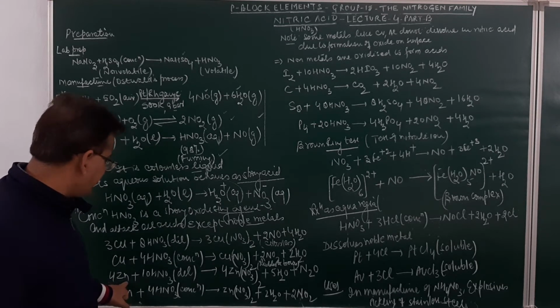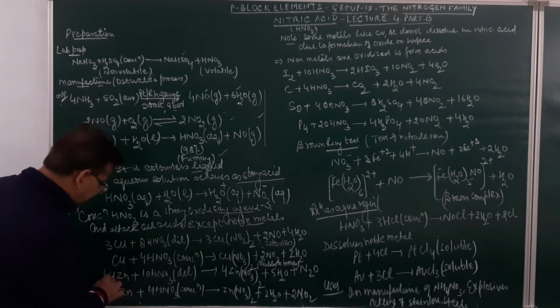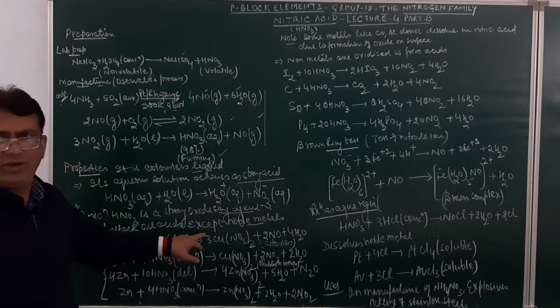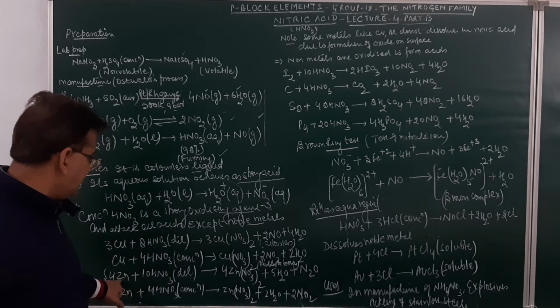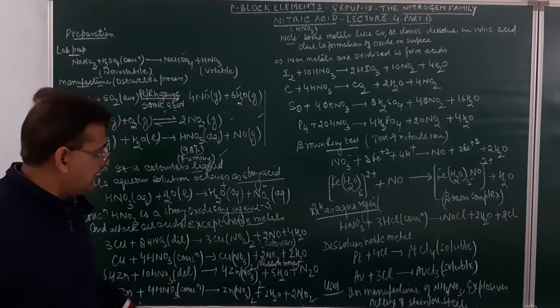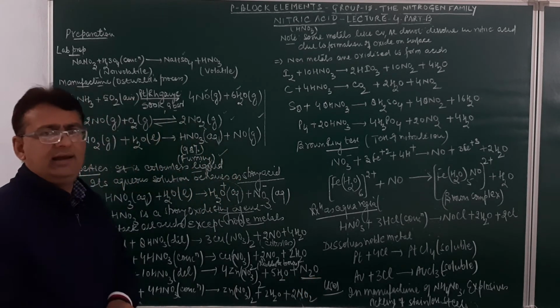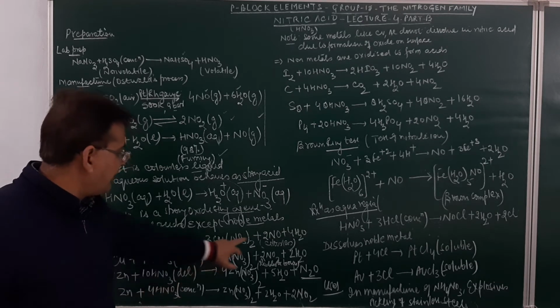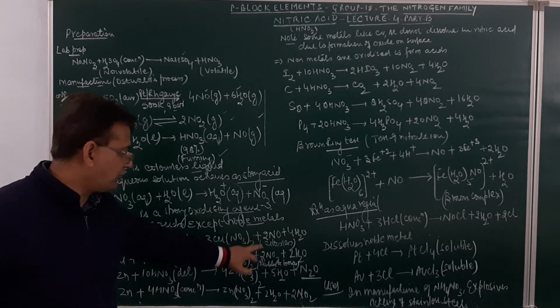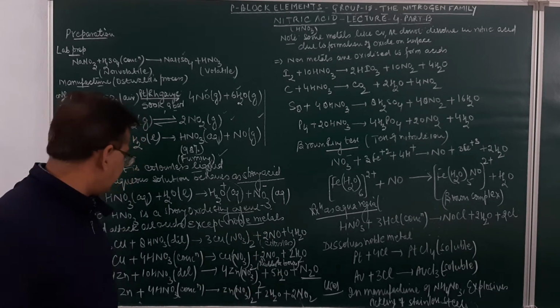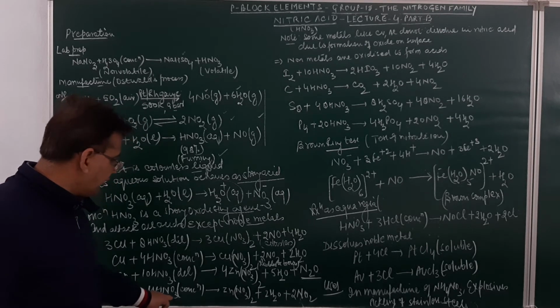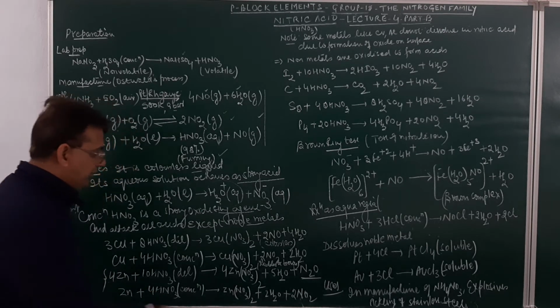Similarly, when zinc, this is an exception, you must learn this. With other metals, the similar kind of reactions will come out. But with zinc, when reacting with dilute nitric acid, the gas evolved will be nitrous oxide, which is also called a laughing gas. Just see the point of difference over here. Here was a nitric oxide gas, here is a laughing gas, which is nitrous oxide. Zinc, when reacting with concentrated nitric acid, the reactions will again be the same.